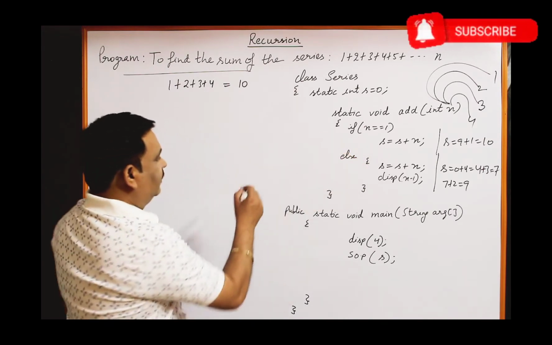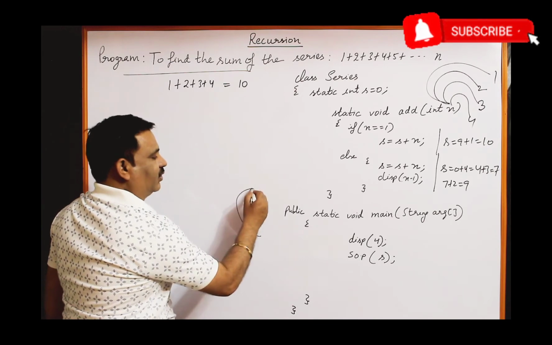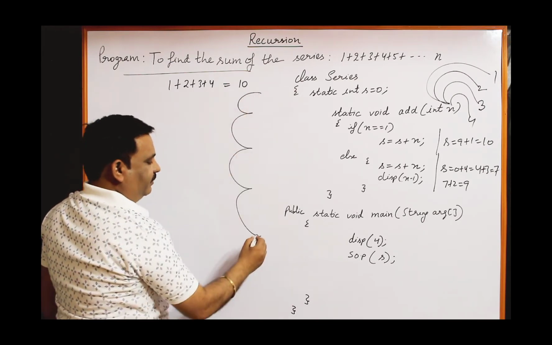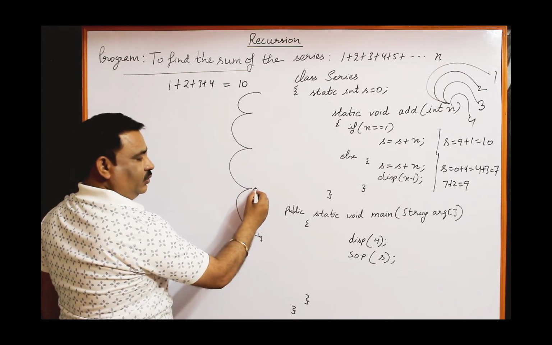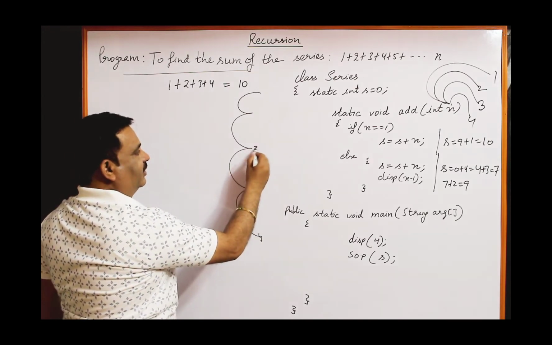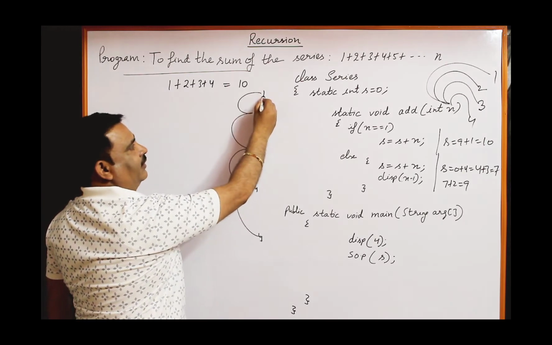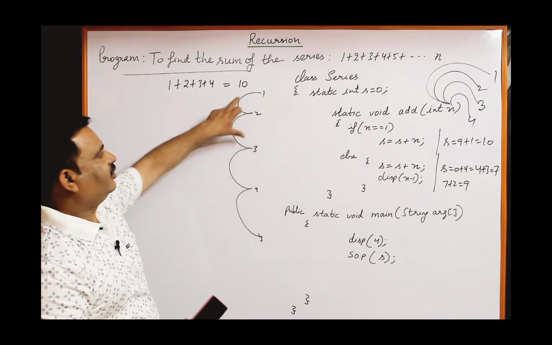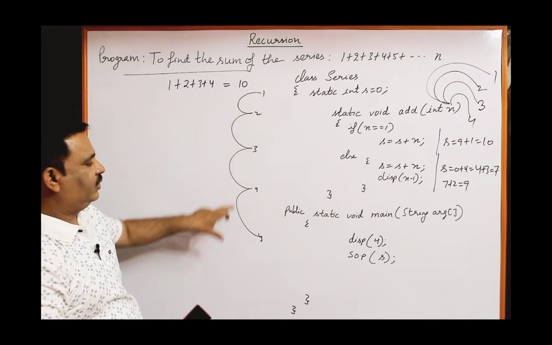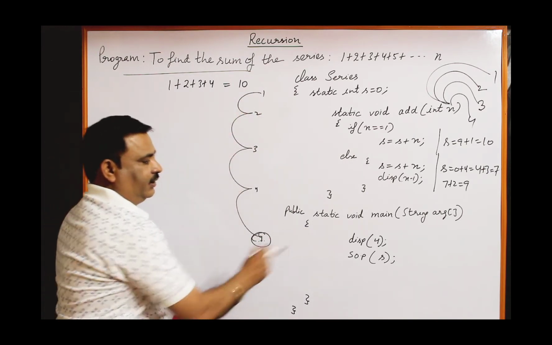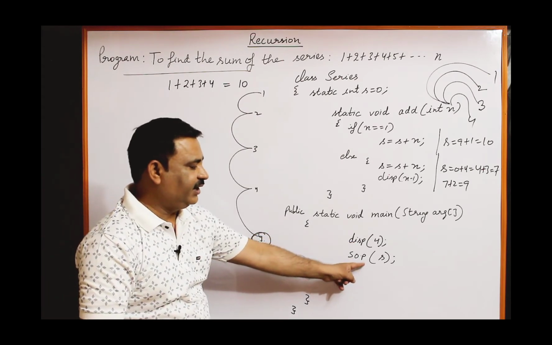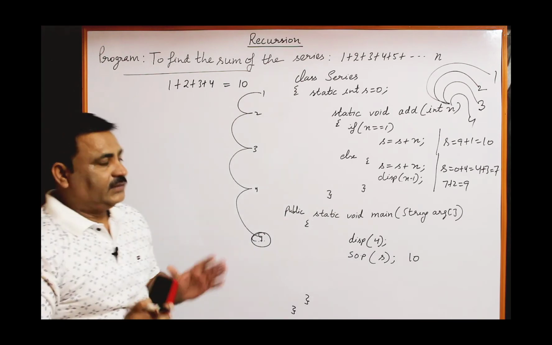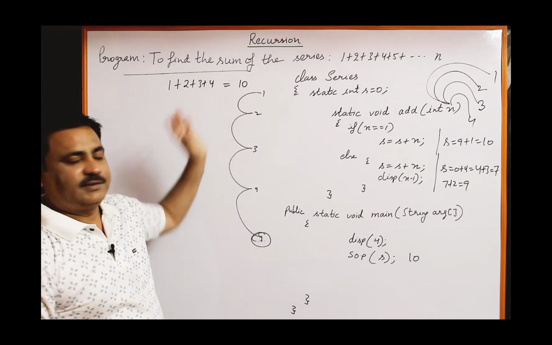So it means from main we started the first function call, then the second function call, third function call and fourth function call. Here we passed 4 to this function, then it passed 3, then 2, then finally 1. Now after adding 1, s will become 10, then control will come back one by one to the main function. And after this statement it will print the value 10 here. This is the final sum of this series.